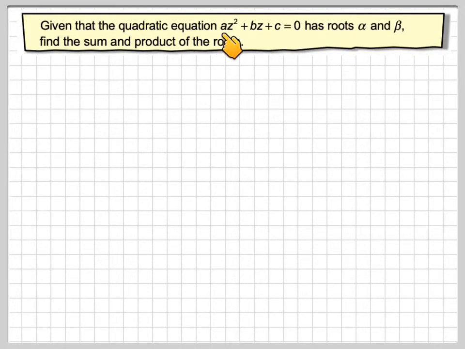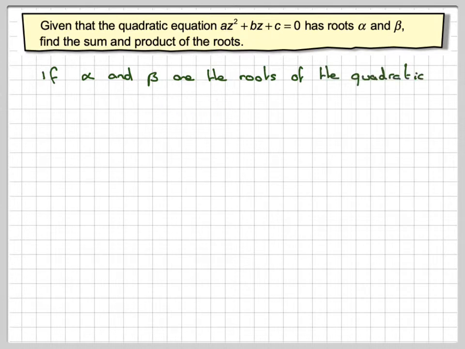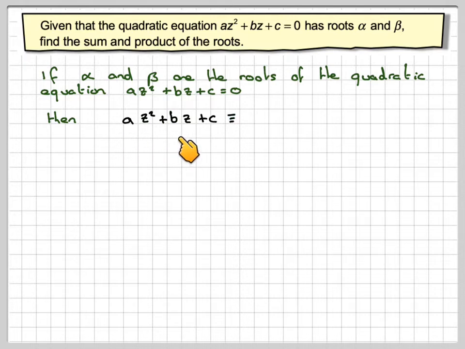Given that the quadratic equation az squared plus bz plus c is equal to 0 has roots alpha, beta, find the sum and the product of the roots. So the roots are the solutions to the quadratic equation. So if alpha and beta are the roots of the quadratic equation az squared plus bz plus c is equal to 0, then az squared plus bz plus c must be equivalent to,